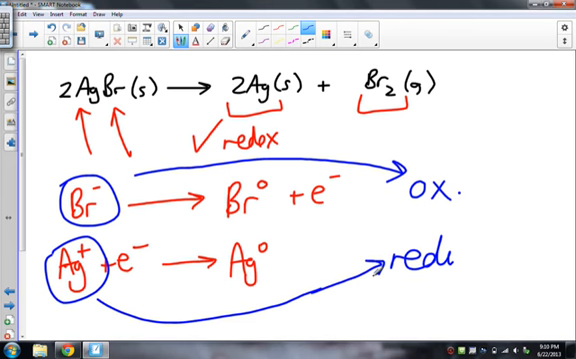That is how you spot redox reactions, and once you spotted them, that's also how you can tell what's being oxidized and